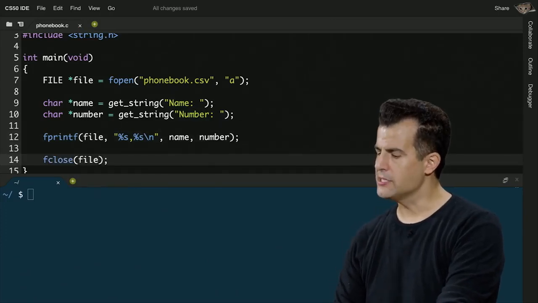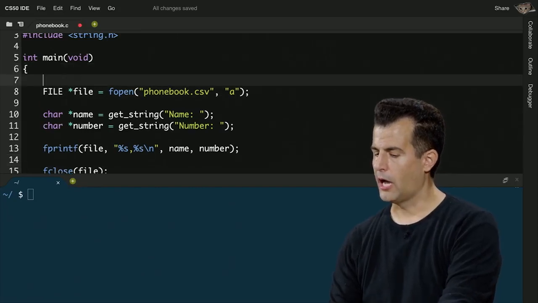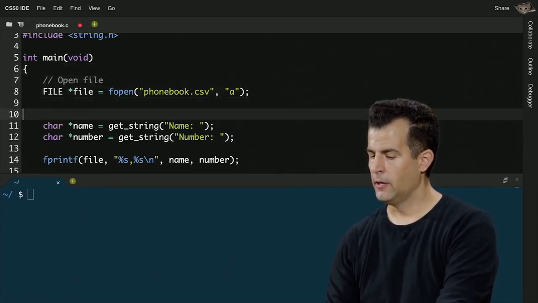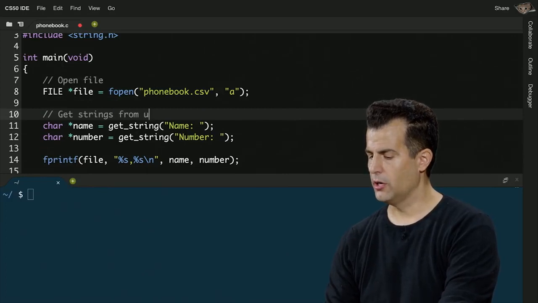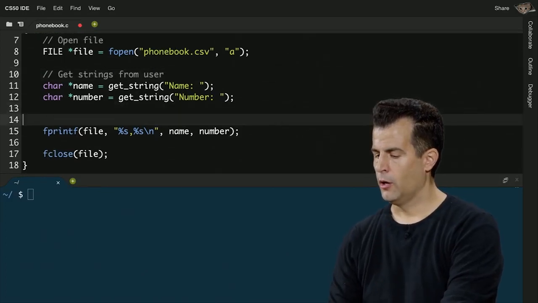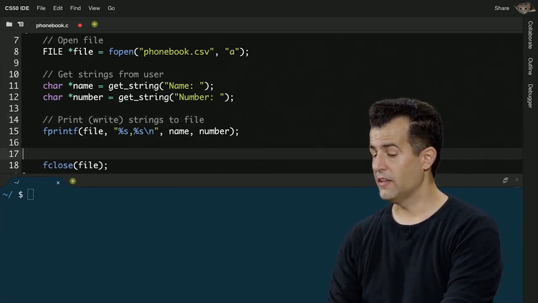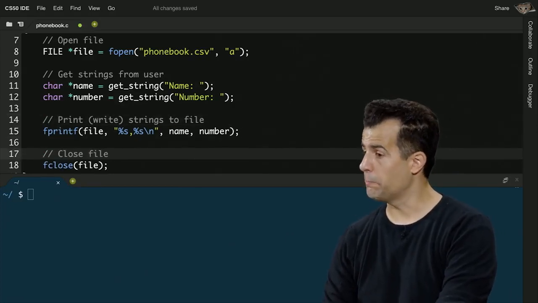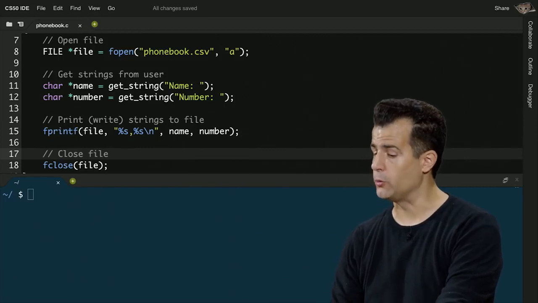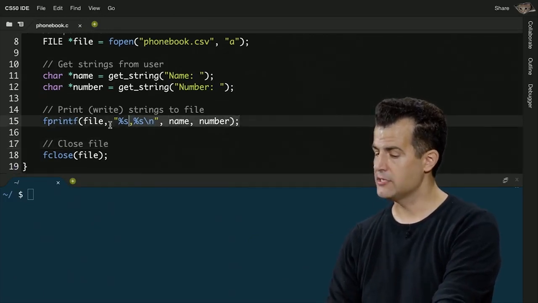So a bunch of new lines, but in short, I'll comment it: open file, get strings from user, print, that is write, strings to file, and then close file. So new functions, but pretty straightforward, at least conceptually, I would argue, in terms of what's happening, even though the syntax is a little strange.